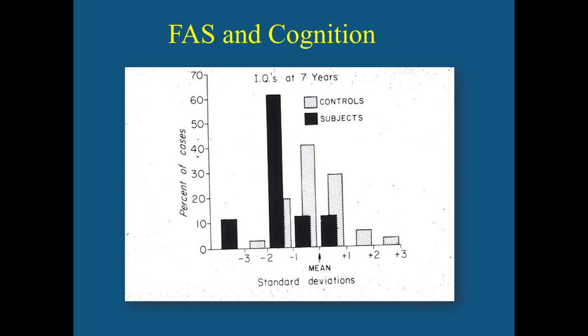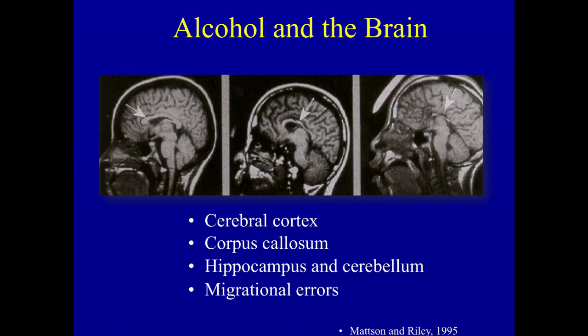This is work from Anne Streissguth that was published in 1975. Anne recognized that children who had fetal alcohol syndrome had a diminution in terms of IQ scores. Now, the average IQ score in fetal alcohol syndrome is about 60 or 61. And what that suggests is that about 50% of children who have fetal alcohol syndrome will have IQ scores that are in the normal range. So IQ scoring is a rather crude indication of fetal alcohol syndrome.